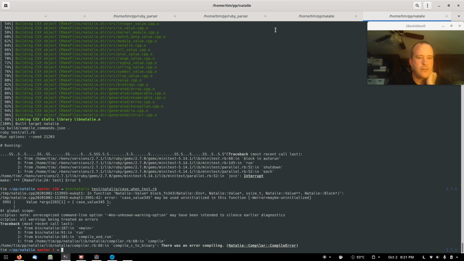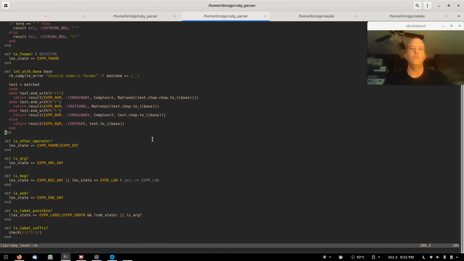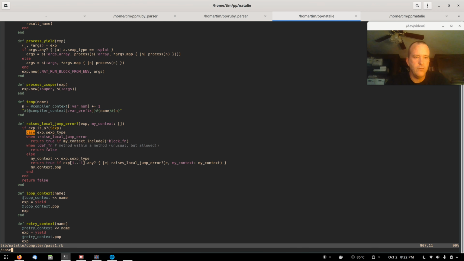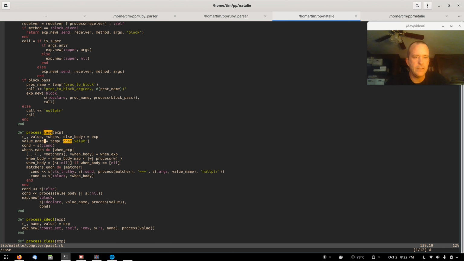Making some progress. Now we get to go figure out where in the world is Carmen Sandiego. Where in the world is our case when stuff built? Process case, it's right here. It's not a lot of code. I just gotta remember how it works. Okay, so this is the result. We store that here, and that's variable. And then for each when, we do this stuff, but